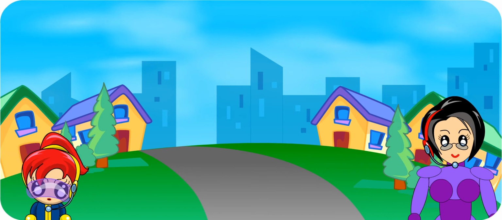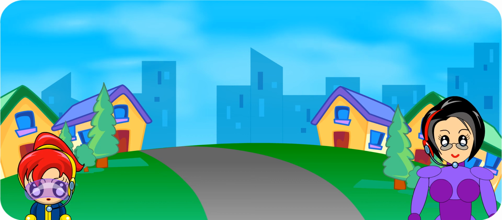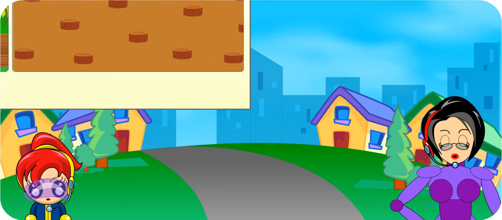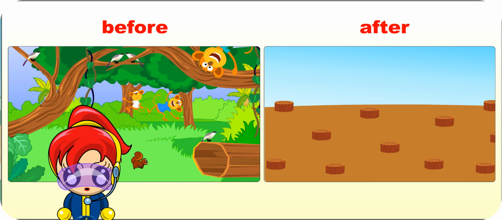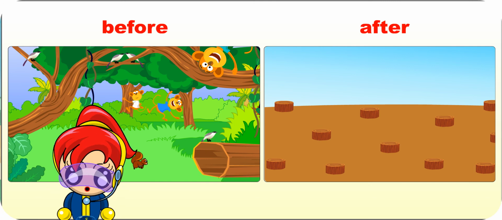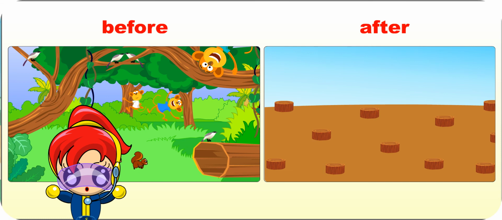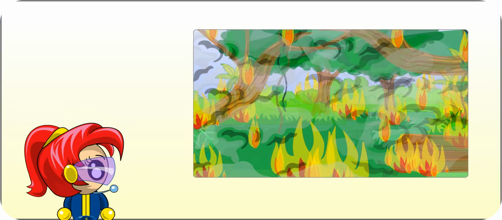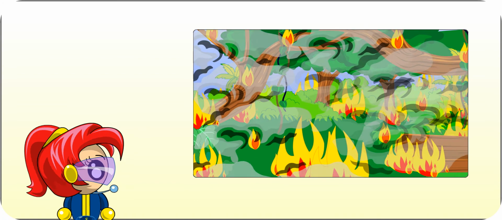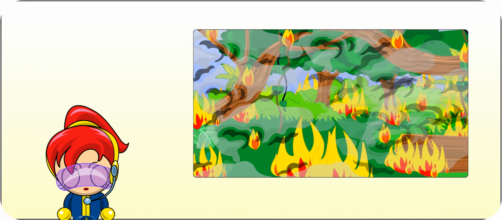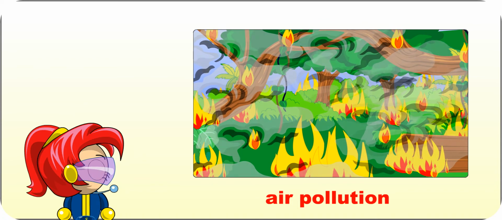Wow, forests are really important to us. That's not all, Turbo Girl. Remember, a forest is the habitat of many organisms. What will happen to them if the forest is cleared? Oh no! Their lives will definitely be affected. They might even become extinct. That is possible, Turbo Girl. In addition, if a forest is cleared by burning its trees, the smoke particles produced can cause another negative impact, and that is air pollution.